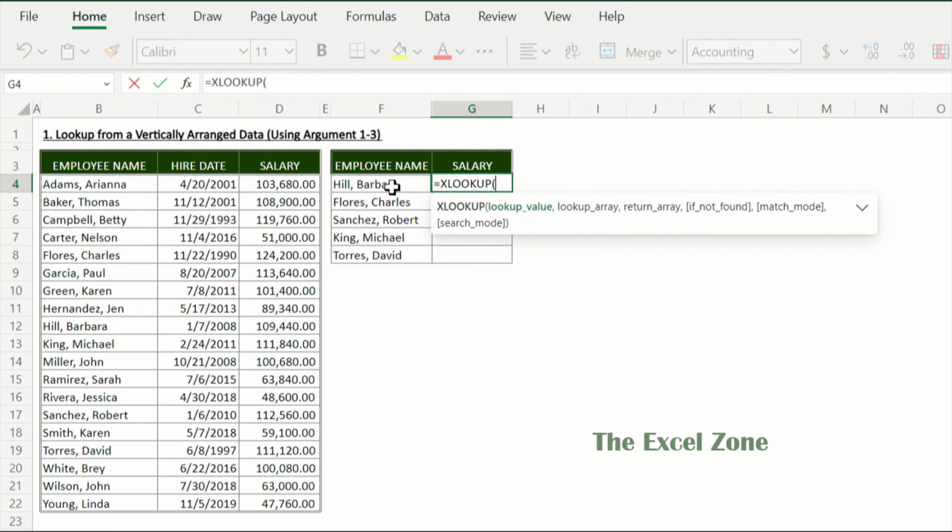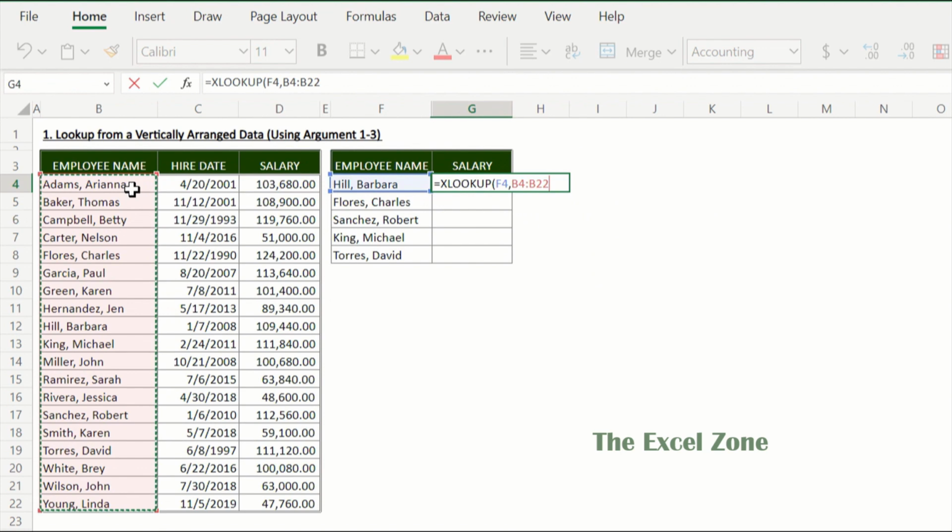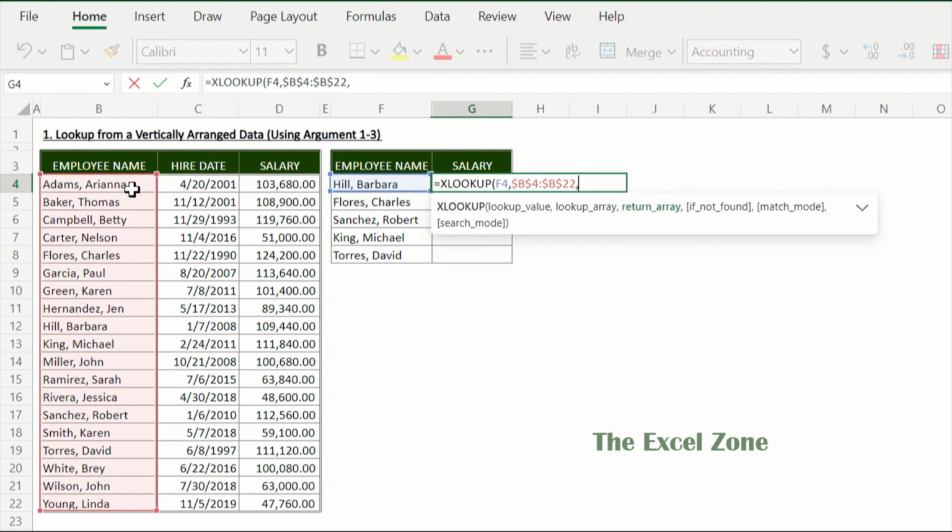In this case, we want to search for the employee Barbara Hill, so let's click this. Comma, and next is the lookup array. This is the range where the lookup value can be searched. In this case, this range here. Make it absolute by pressing F4 because we are planning to copy the formula to the cells below later, using exactly the same reference. Comma, and next to input is the return array,